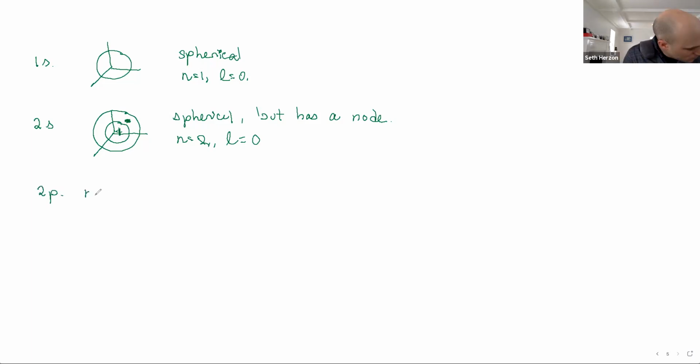And so n equals 2, L equals 1, m sub L equals -1, 0, +1. And the 2p orbitals are like dumbbells, okay? And so again, putting them out on an axis,